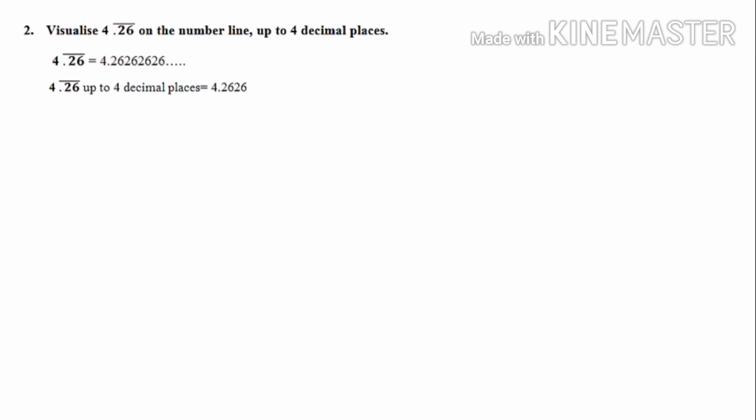So here I am avoiding the first step, meaning in the previous question we have drawn a number line and we have plotted negative numbers, 0 and positive numbers. That step I have avoided here because it is quite clear for us that 4.2626 lies between 4 and 5. So let's draw a number line and mark 4 and 5 and divide the space between 4 and 5